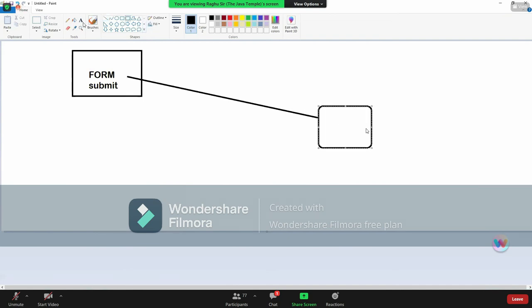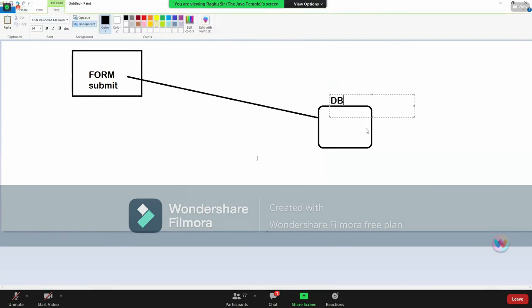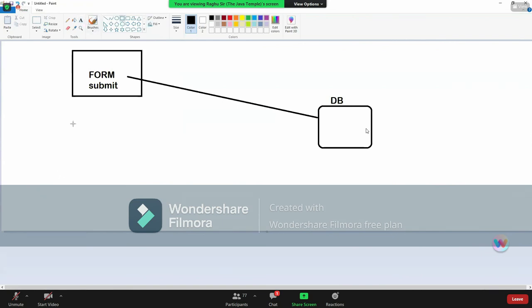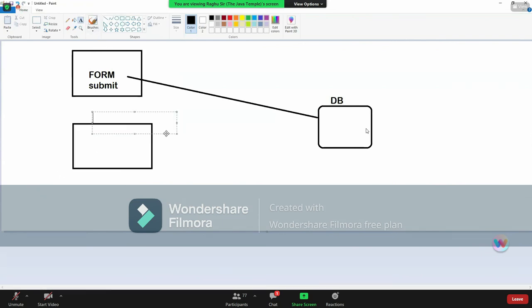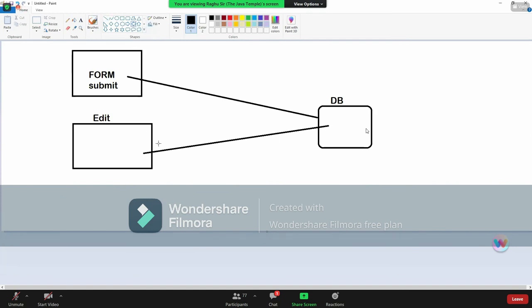Now where is the data available? Suppose you have some data in the DB. Now we have to show the data in the edit. Edit means first of all we have to show the data if you want to modify it. First we have to show what data you want to modify, so from the database we have to load the data. After loading the data from the database into the edit form, you will modify the data, click on submit again, and then we'll take this data as an object and store it in the database. Understood the flow?